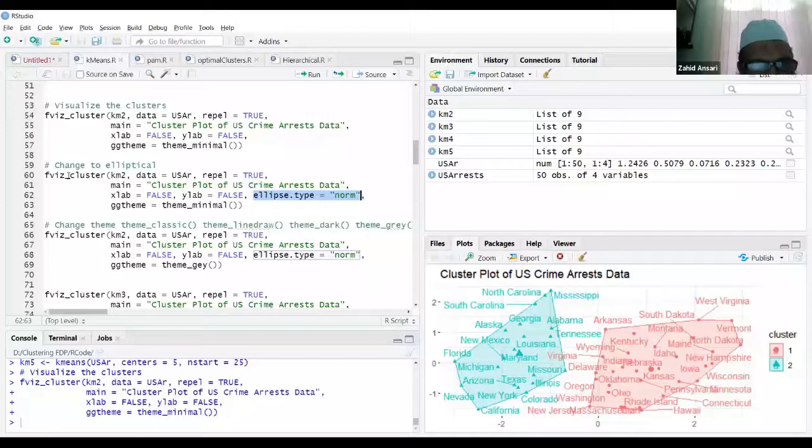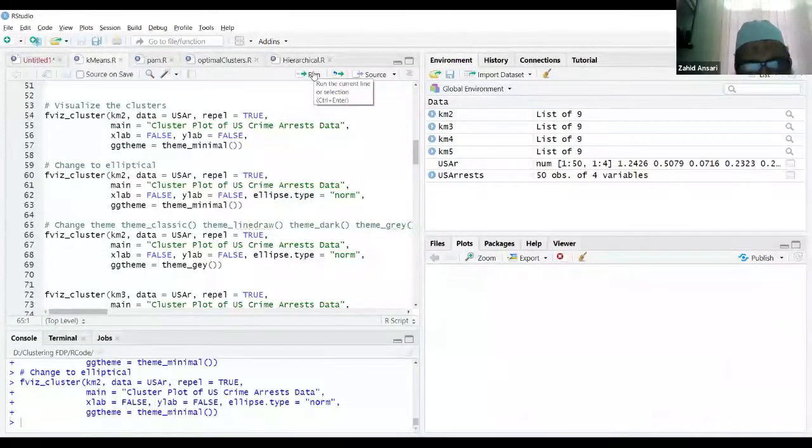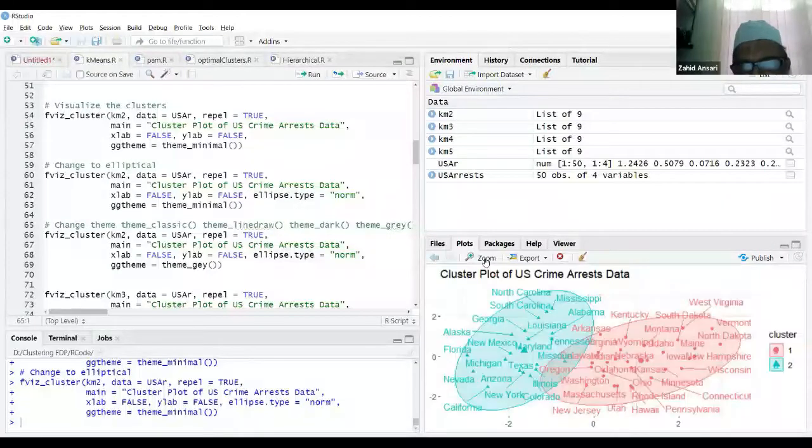If I execute this, see, I am getting the output this way now. So maybe if you like this, you can use it this way. Otherwise, the other way.